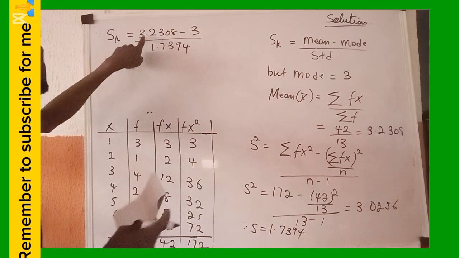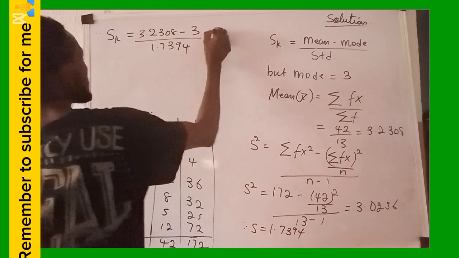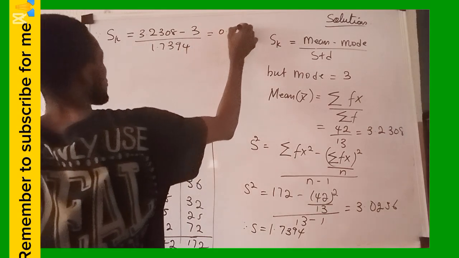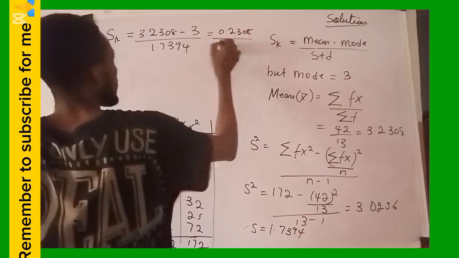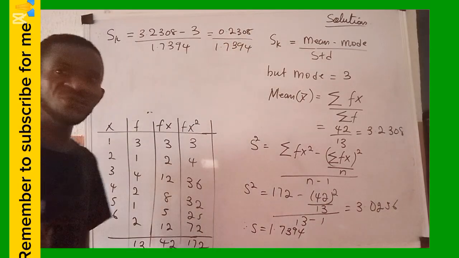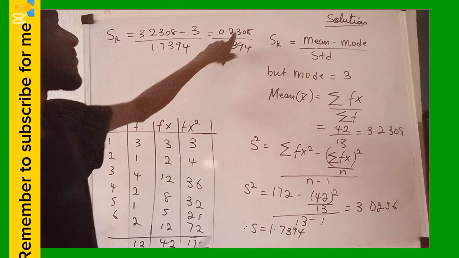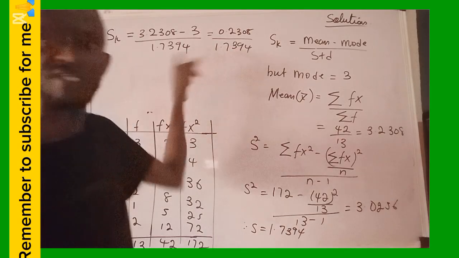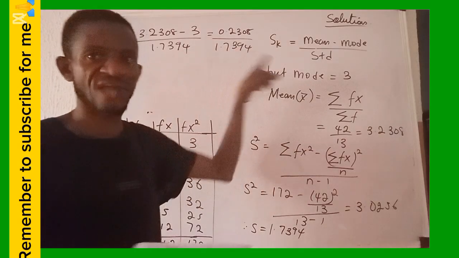If you subtract this minus 3, you'll be able to have 0.2308 all over 1.7394. The good news here is that if you divide this and this, it lies between minus 3 and 3,